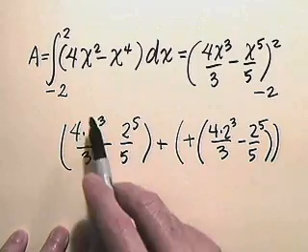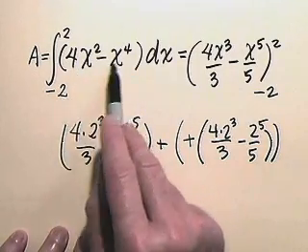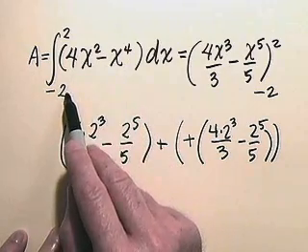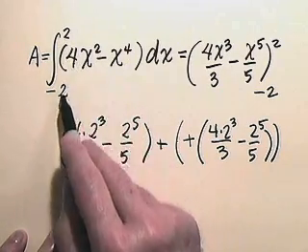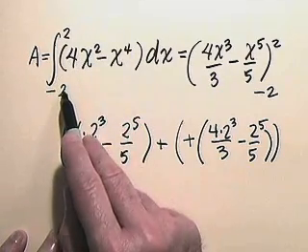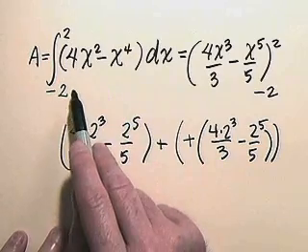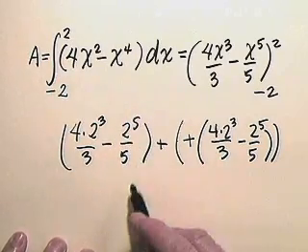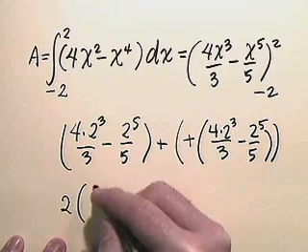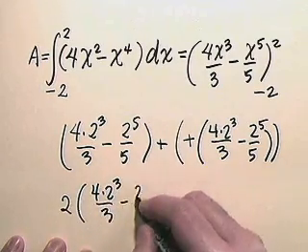Alternately, we could have realized from symmetry, because the integrand here is actually an even function, and the limits, what we might call even limits, one is just the negative of the other, the integral from -2 to 2 is simply twice the definite integral from 0 to 2. But in any case, we get 2 times the quantity 4 times 2 cubed over 3 minus 2 to the